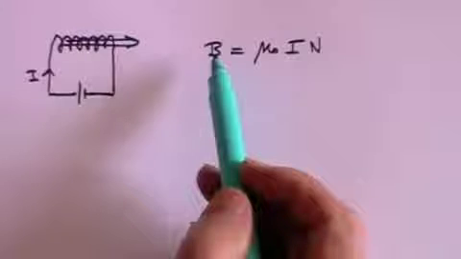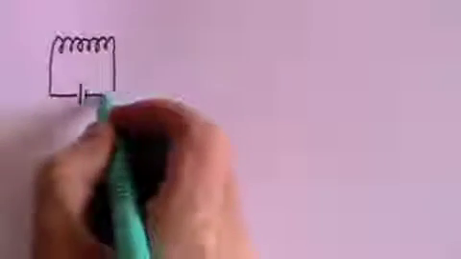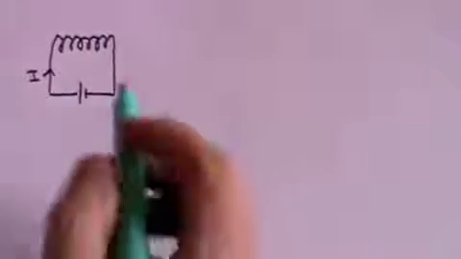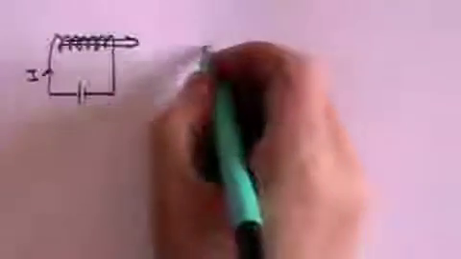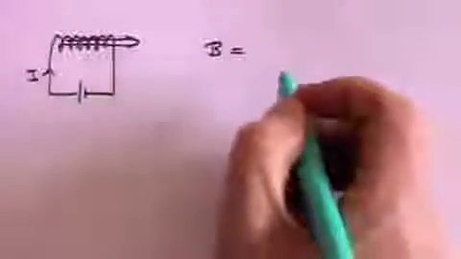If you take a coil of wire, which is sometimes called a solenoid, and you pass a direct current, unchanging direct current, through that coil, then in the middle of the solenoid there will be a magnetic field. And the magnetic field strength, which is B, is equal